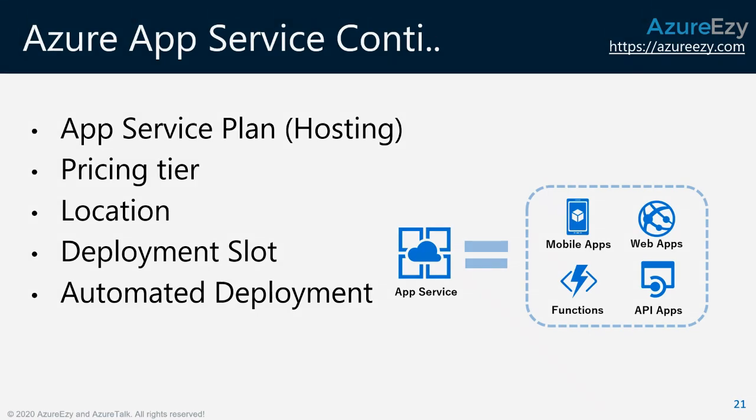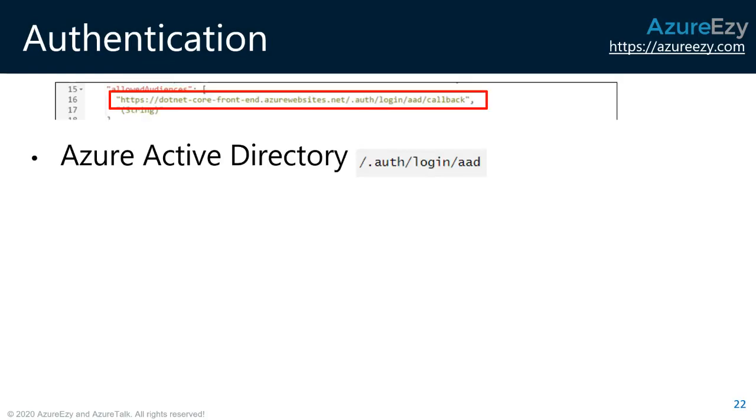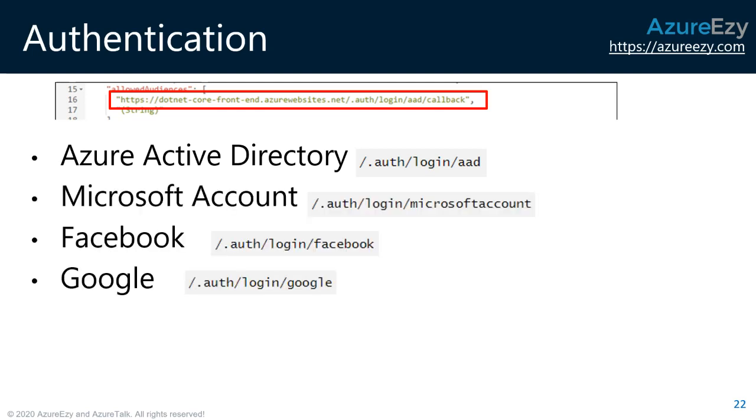That support is there. When you create an app service, you can authenticate with multiple providers. In your application configuration, you will be defining those providers, and there are many providers for your application. These are some of the famous providers that we use in different applications. Azure Active Directory, most of your on-premises or enterprise applications might be using the Azure Active Directory provider, but it is possible to integrate your app service with any provider such as Facebook, Google, Twitter as well. Very much possible there. You just go through the documentation.